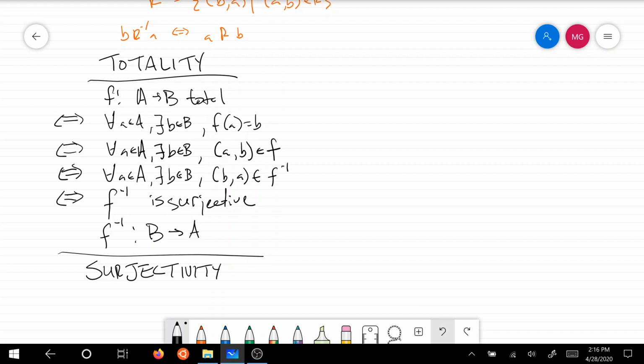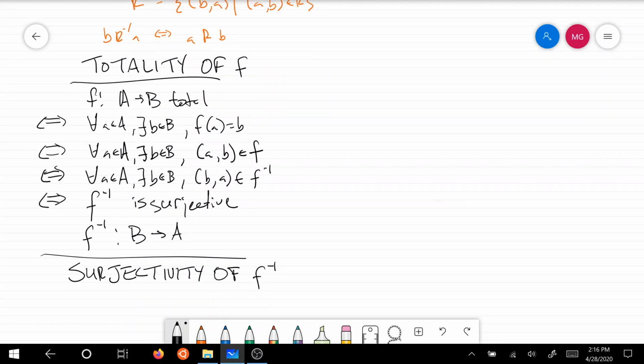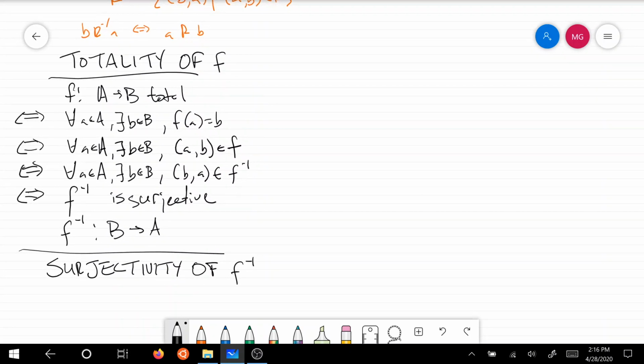So what I want to note is that the totality of an original function f is surjectivity of f inverse. Interesting. There's sort of this mirror between these two properties, right? That totality for the original function is surjectivity of the inverse function. Interesting. Okay, let's look at determinism